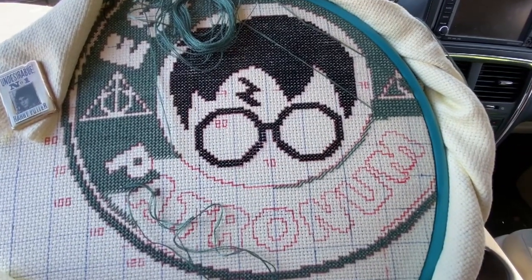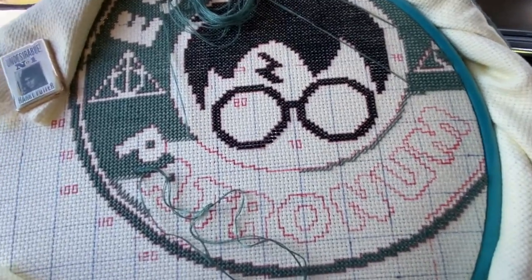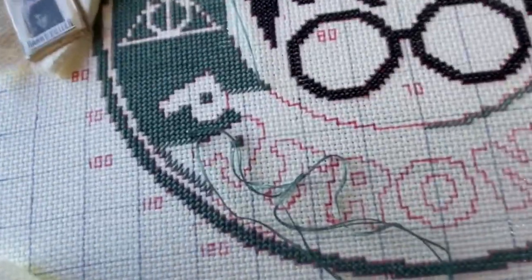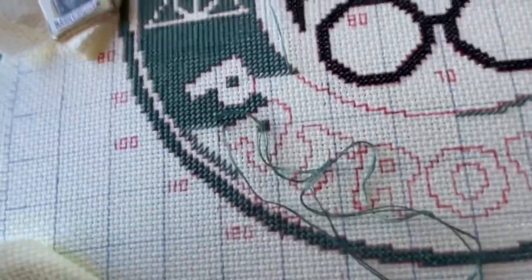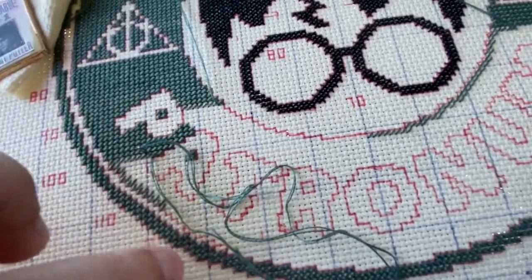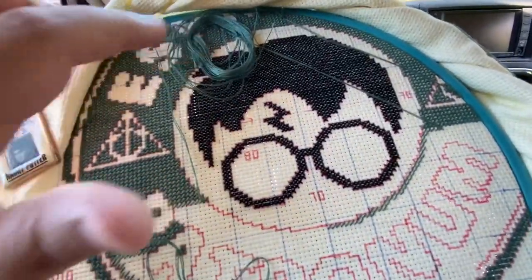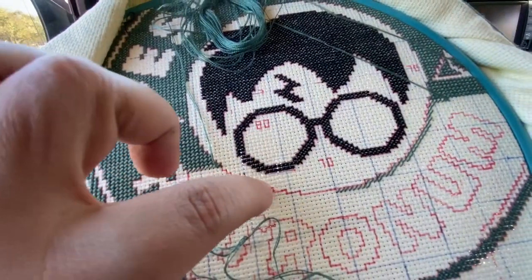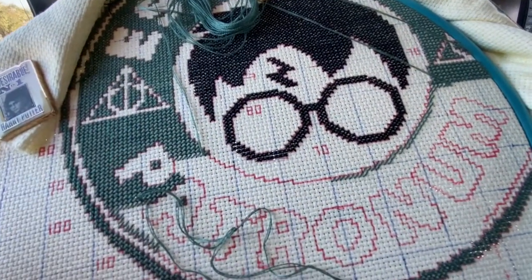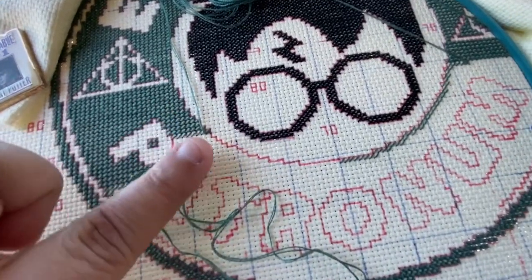That was a quick minute. All right, so here I am with my espresso patronum. I will be working on this part right here next to the A, and underneath that I'm going to keep going until the thread is all used up, and then I'll probably work on this thread, one of these wound up here, and work up here. I did remember to bring more thread with me, so I'm going to keep stitching as much as possible,